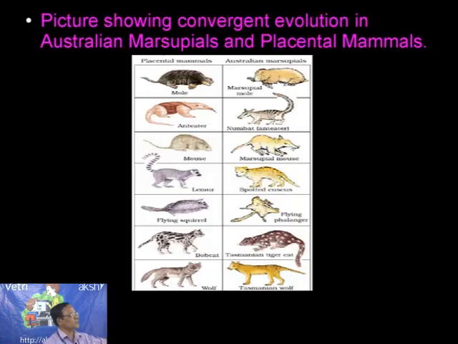Now the mole, the placental mammal, is more or less similar to the marsupial mole. It's also called a mole. They are leading more or less a common life, but different species are actually different in organization. The anteater, placental mammal, and another anteater. See, they are called anteater. They are eating the ants, but structurally, you see, the organization is different. Then the mouse, and then the marsupial mouse. And then we have the lemur, and then the spotted animal, cuscus. And then the flying squirrel, and this is the flying phalanger.